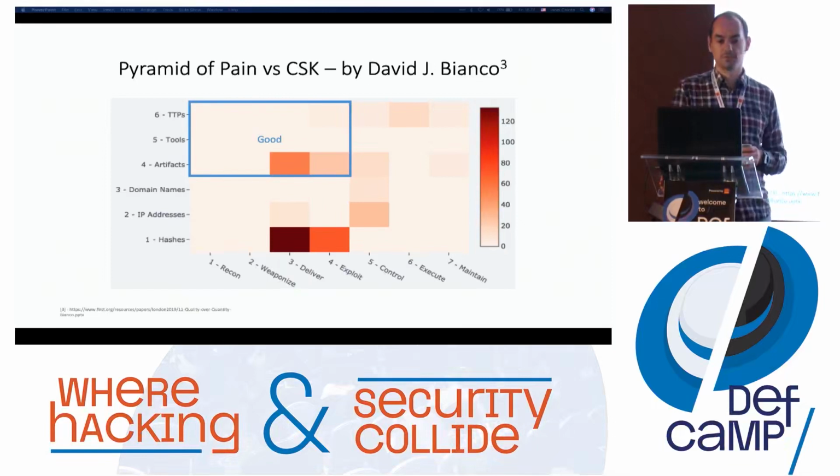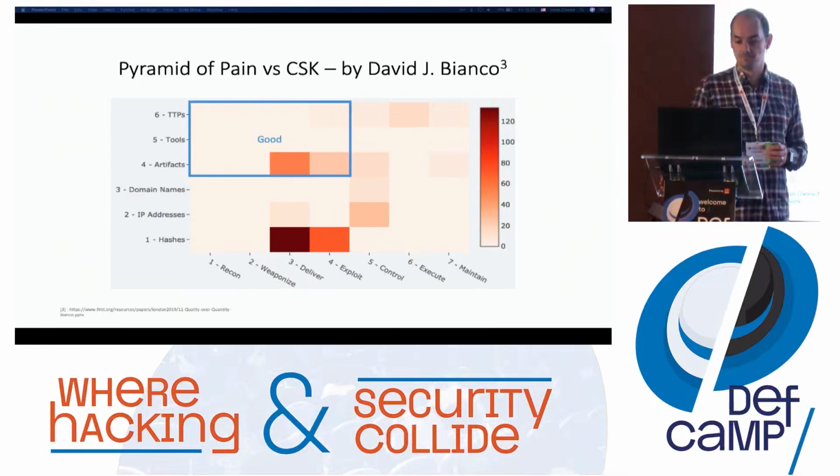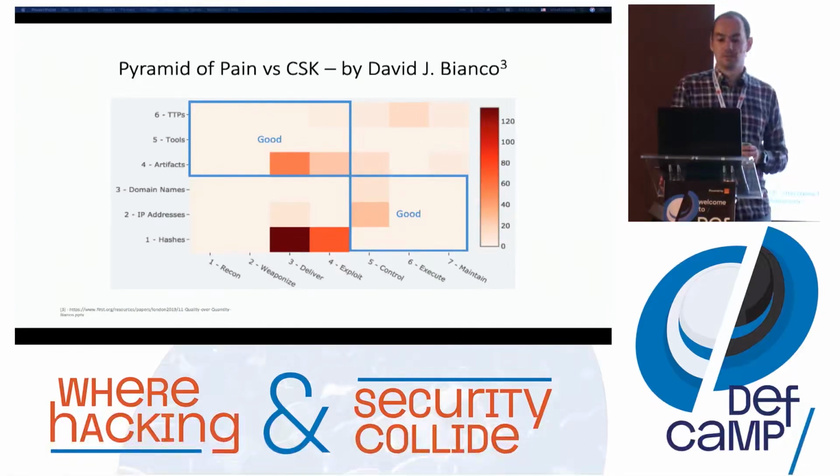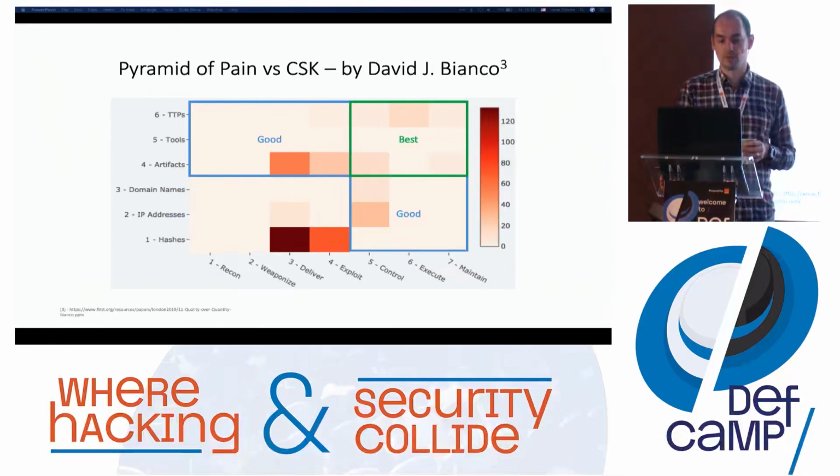Top left, it's a good quadrant. It's good to see some artifacts in the delivery stage versus just IOCs. IOCs are easy to collect, artifacts a little bit harder. Again, write down, if you're able to catch up here, some of the attacks you're really good at. Top right is the best and hardest one. Again, take your IOCs, use the frameworks, use the models, and define meaningful data.